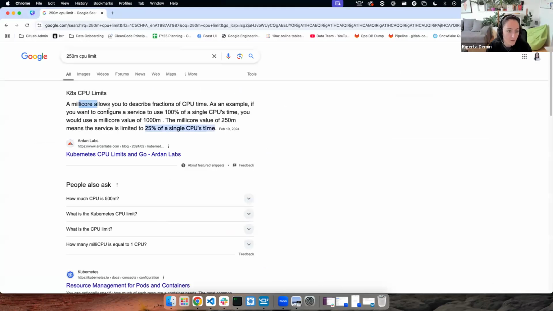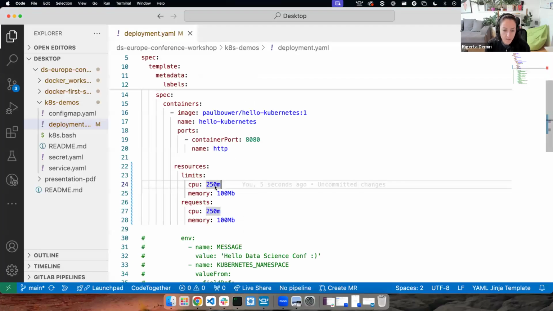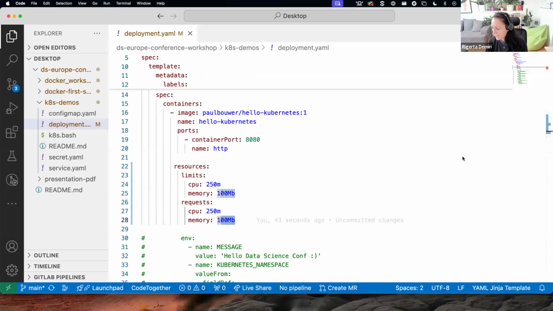So that's 25% of a single CPU's time, and the memory would be 100 megabytes. This is the limit, so that's as much as this deployment could ever get from my computer. And it can request, when it starts, 250 and 100. So this is a bit of a weird configuration, because in this case,